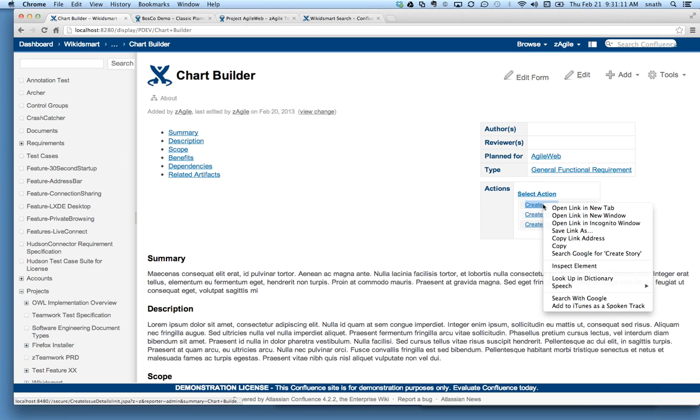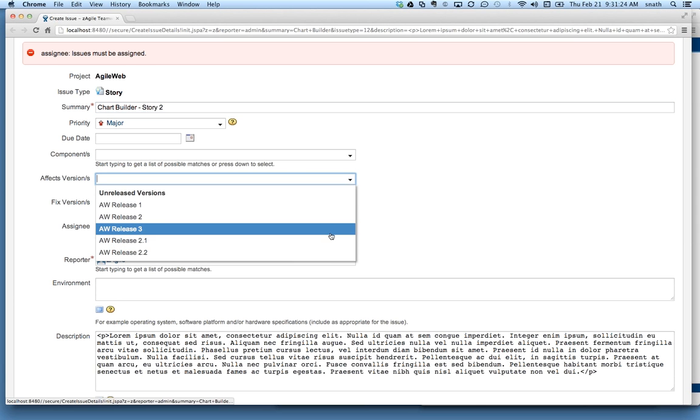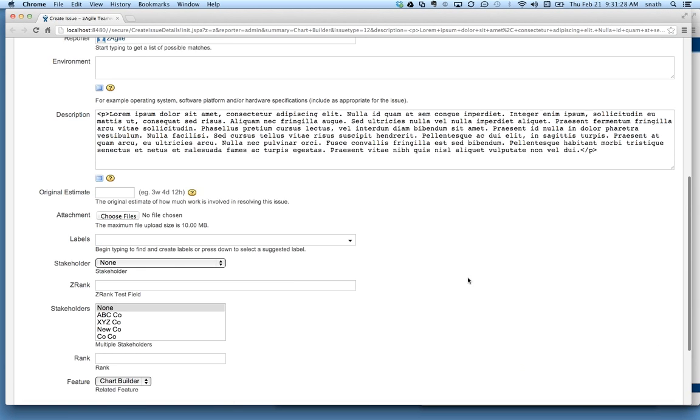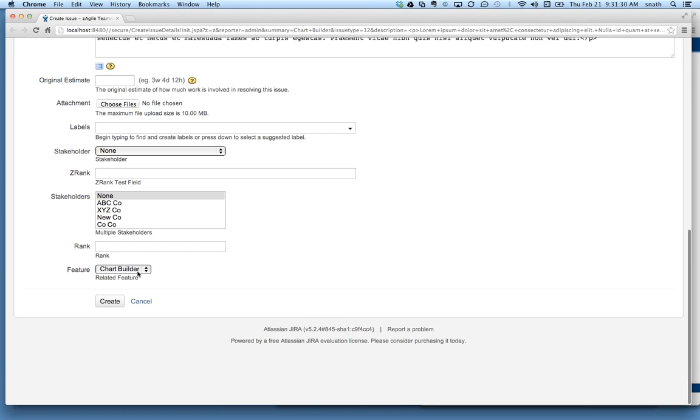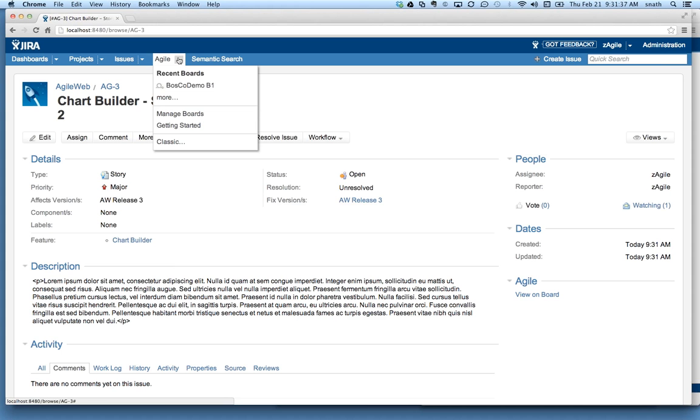So we can, for example, if we want to create a story in JIRA for this particular feature, simply add some information to it, and plan it for a particular release, for example. And then you can see that this story is automatically linked back to the feature. So, within the context of GreenHopper and JIRA, you will still be able to see, for instance,